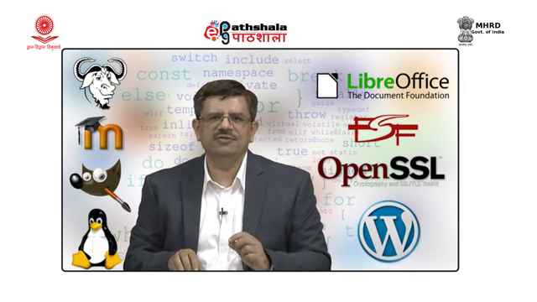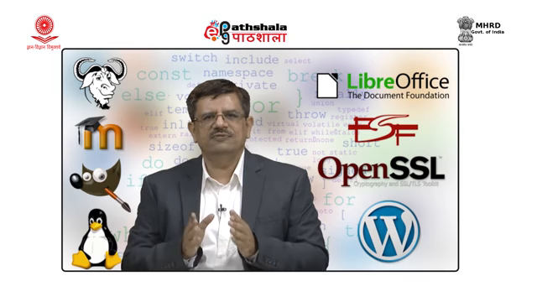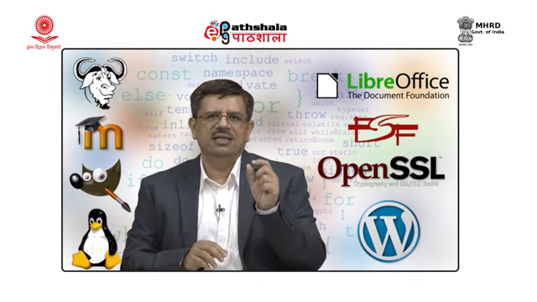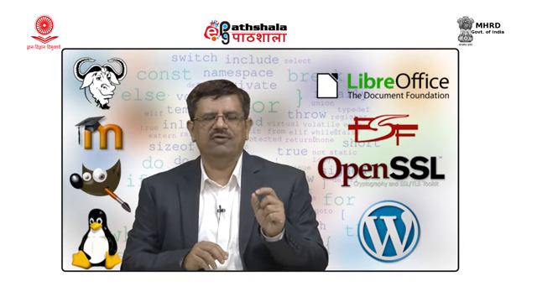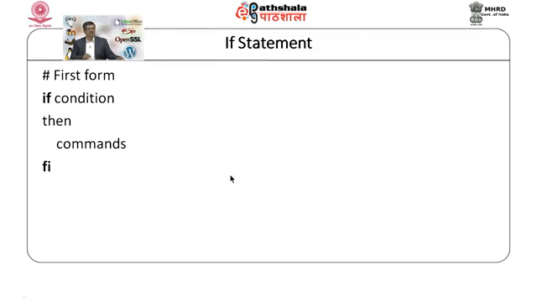Let us see the first way of using if. In this first way, you can see the syntax: if condition then set of statements followed by fi. We can place multiple commands after then and the if ends with fi. So, whenever we use shell scripting, if is the beginning of the condition and fi is the ending of the if structure. The commands may have multiple conditions. Here you must note that we do not use semicolons or braces while using if conditions.